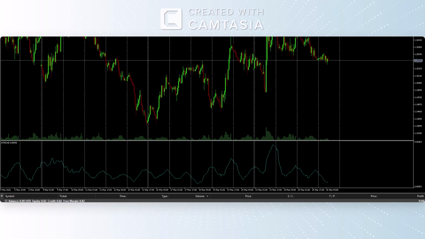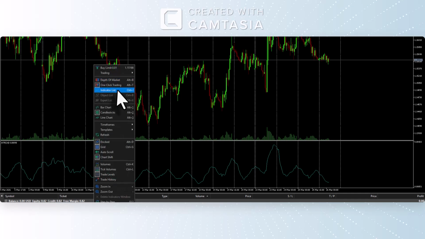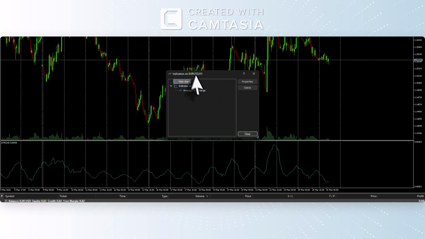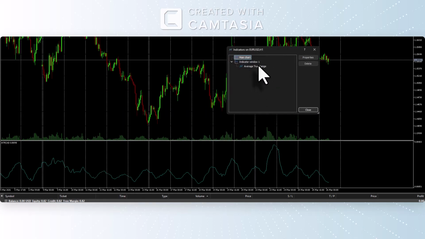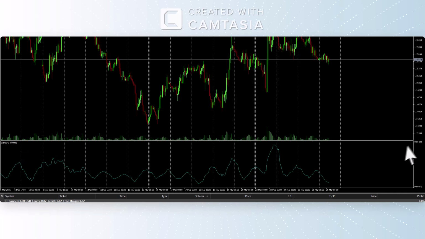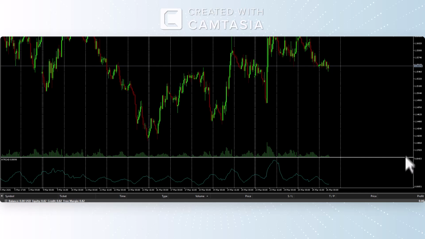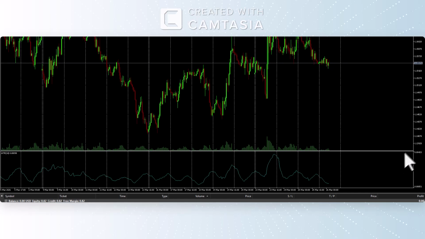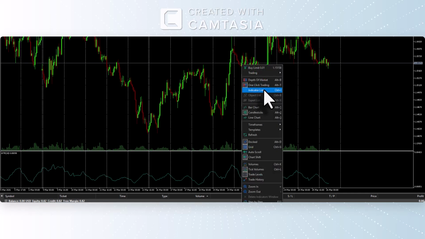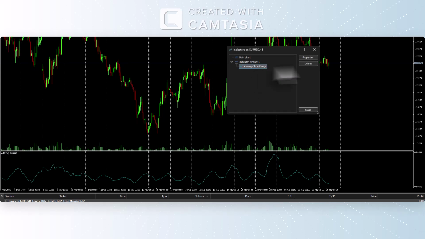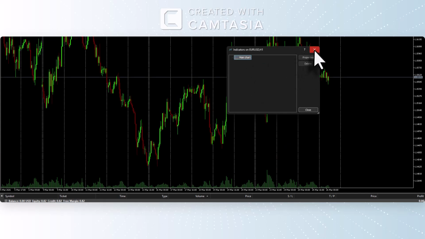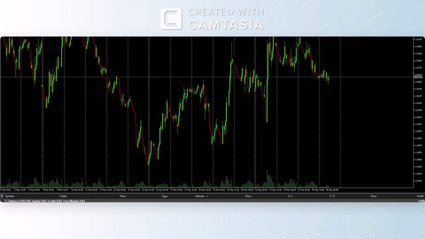Insert indicator, right click, indicator list here. Sorry, I forgot. I thought there would be an X button here, but it doesn't have one. So just right click and then indicator list. You can click that one, then delete. Okay. So you can select different indicators.